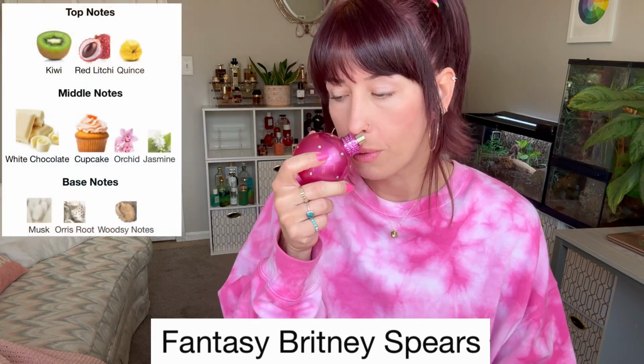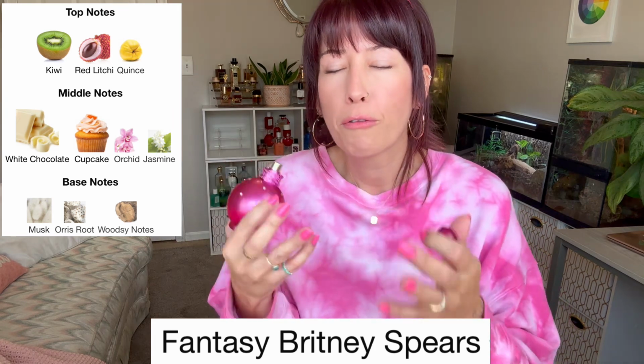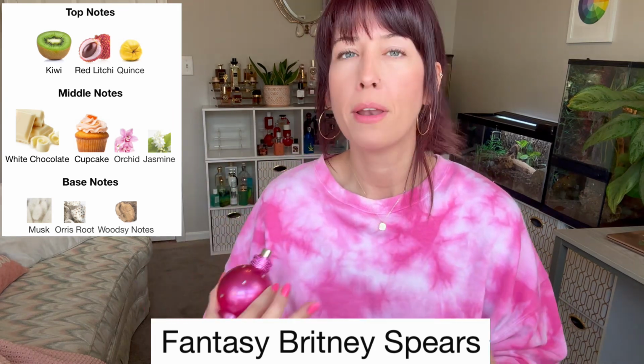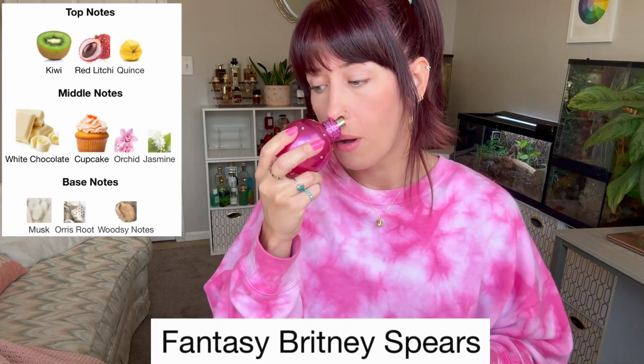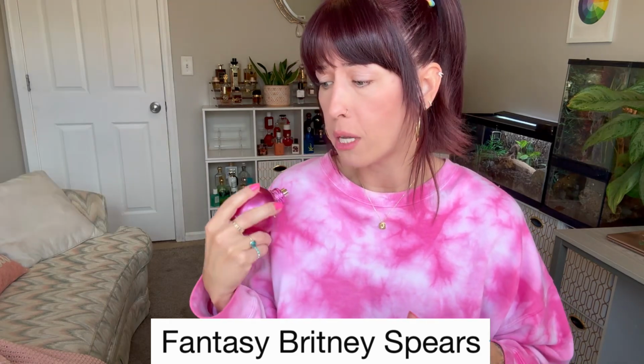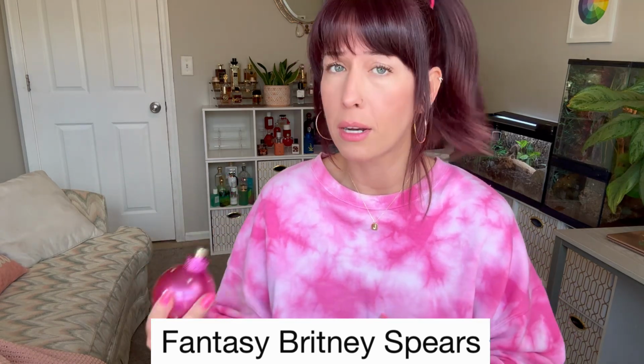Then we've got Fantasy by Britney Spears. Now this one has a kiwi note in there, but I really don't get kiwi with this. I do get a little bit of a fruitiness in general, but not like an actual kiwi note. What I am mainly picking up on, I mean, there's also like lychee, there's orchid, jasmine, woody notes. There's a lot of different stuff going on here, but what I am mainly picking up is sweet, a little fruity,